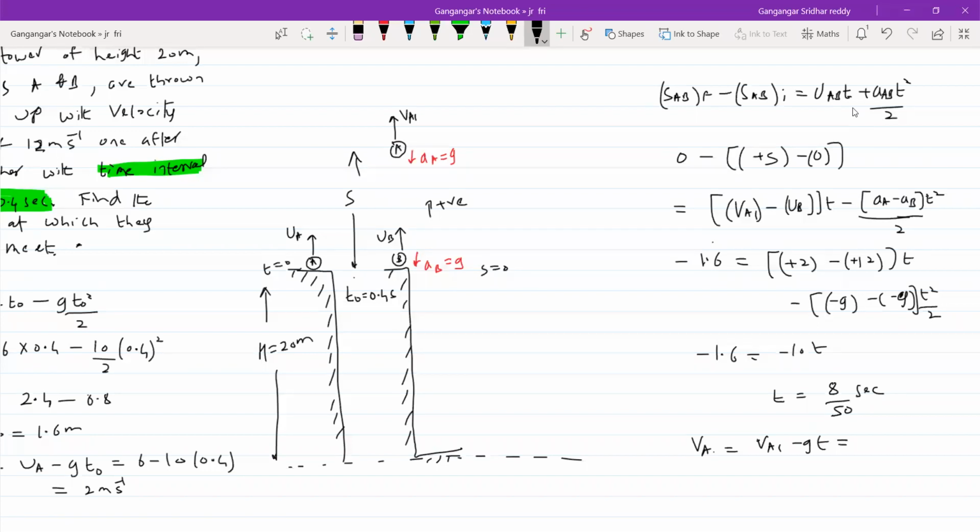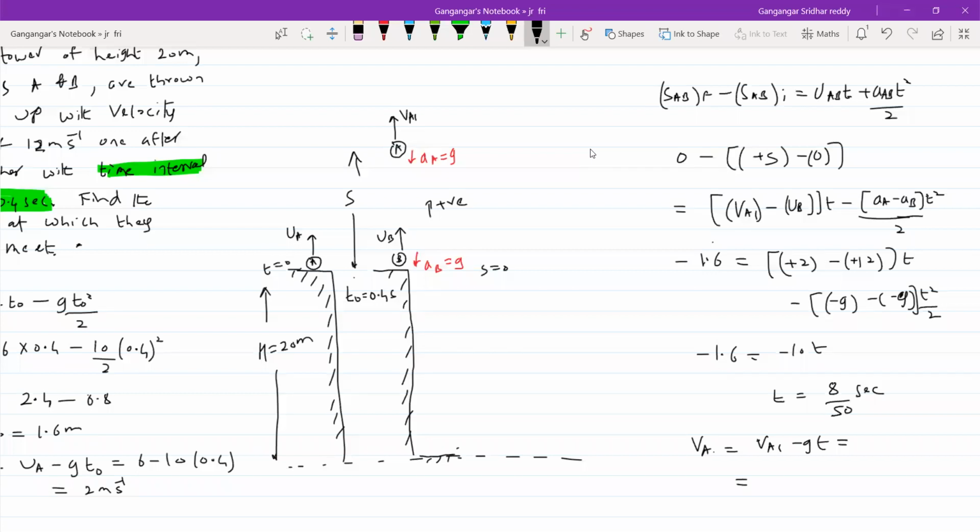Don't send answers immediately in the chart, because I'll be looking at the chart here. Just wait for some time, because when I'm discussing something and a chart comes, I think that somebody is asking a doubt and I'm getting deviated. So don't send answers immediately. Okay, 8 by 50.